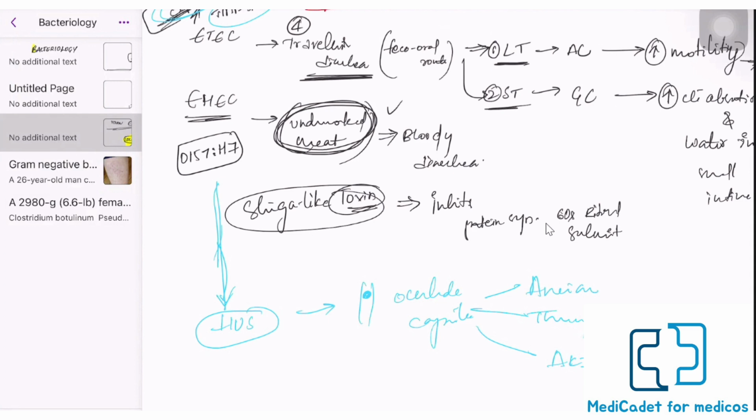So I'm not going deep into that, but just remember, whenever they want to give you hemolytic uremic syndrome as a presentation, they'll say the patient had diarrhea a week or 2 weeks ago, which resolved on its own, etc. Okay, so that's about the